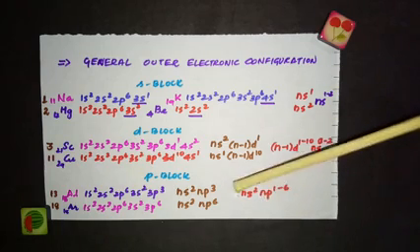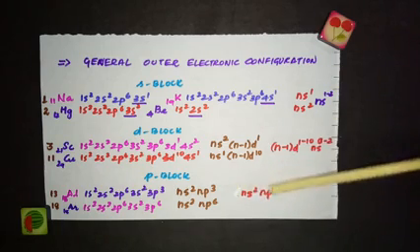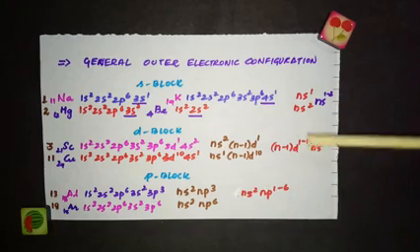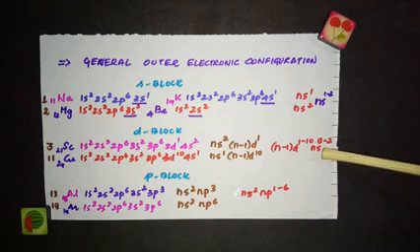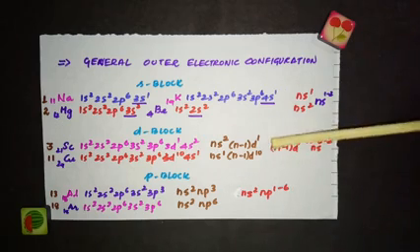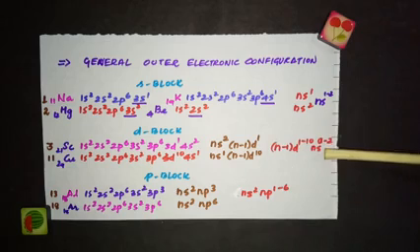So the principal quantum number is the same for both s and p, but in this case s belongs to a higher principal level, I mean the shell. Here d belongs to the lower shell. That is the reason why we write n minus 1 here and ns here, ns np. Same way we write for f-block elements also.